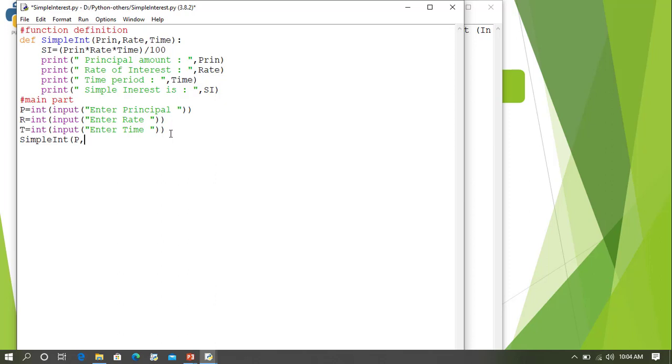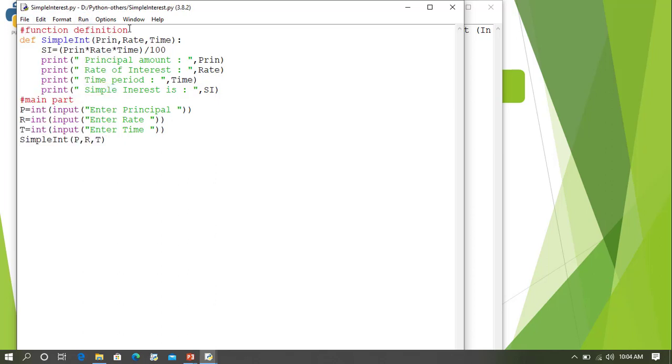know if we pass time in place of principal, because this is the example of positional arguments, and this will simply consider the first argument for principal, second value passed for rate, and third value passed for time. So let us first pass the values in order, and then we will see what happens if we change the order. We will try to change the order. So save the program,